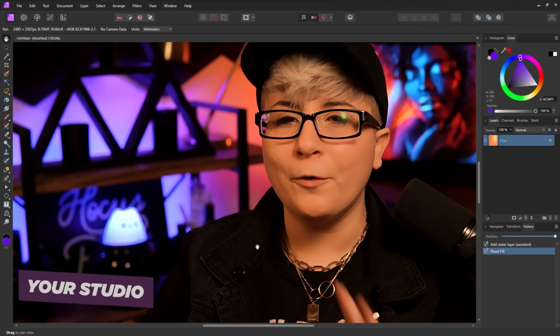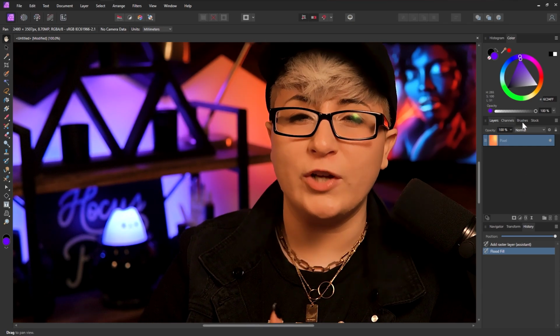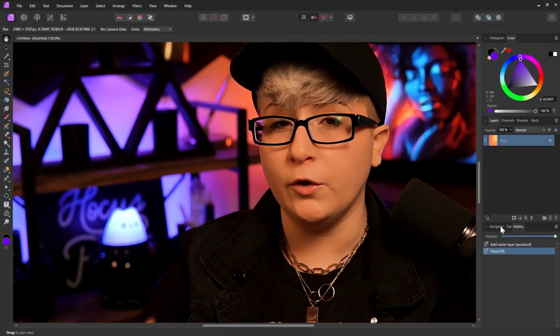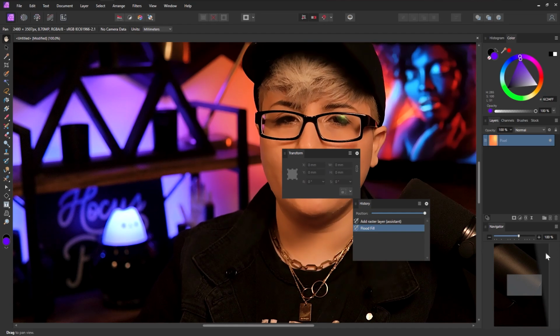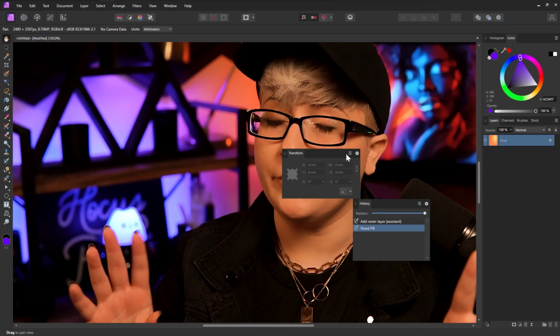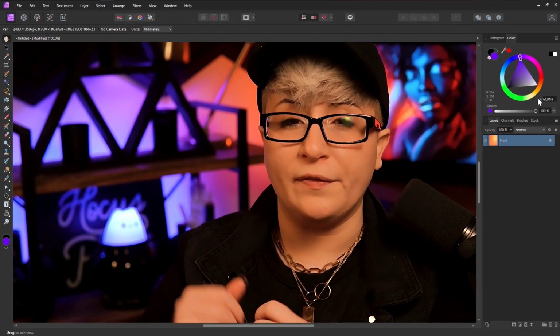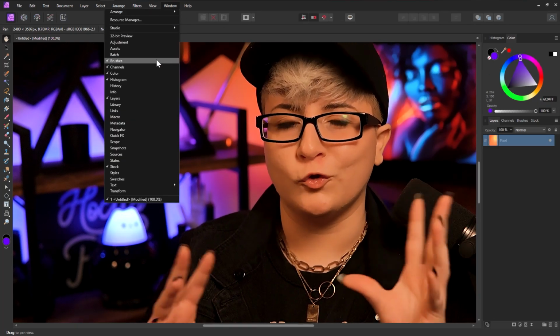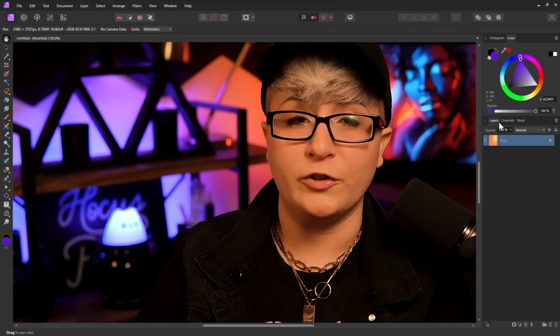But with our preferences covered, let's talk about the actual studio, because there's tons of customization here. All the panels in Affinity Photo can be changed, rearranged, and combined to fit whatever your specific use case is. I keep it simple with a nice long layers panel, which I do recommend, colors right at the top, and a floating brush panel with the adjustments panel dropped in there as well,